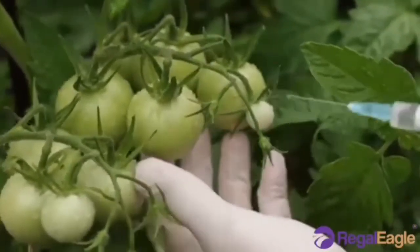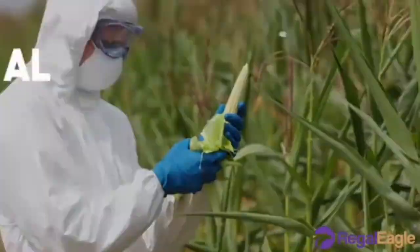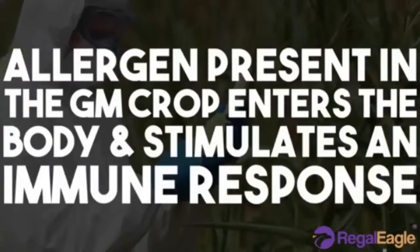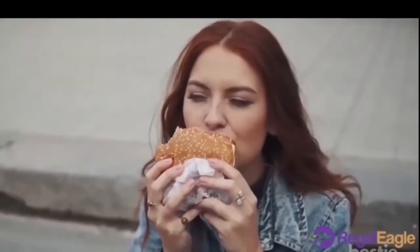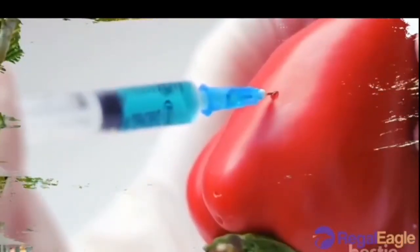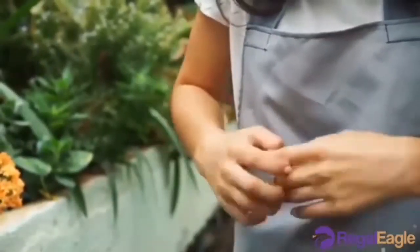According to the Center for Food Safety, a US-based non-profit organization, each genetic insertion creates the added possibility that formerly non-toxic elements in the food could become toxic. The group says that resistance to antibiotics, cancer, and suppressed immune functions are among potential risks of genetic modification using viral DNA. Three major health risks potentially associated with genetically modified crops are toxicity,